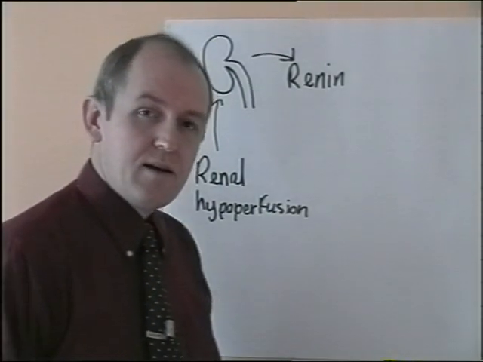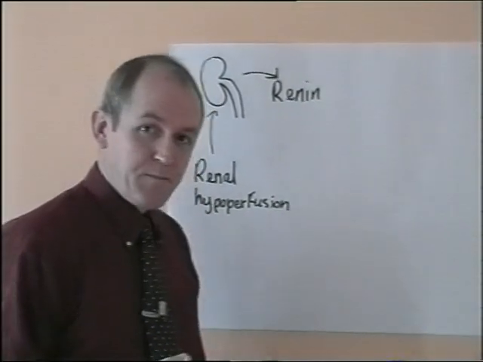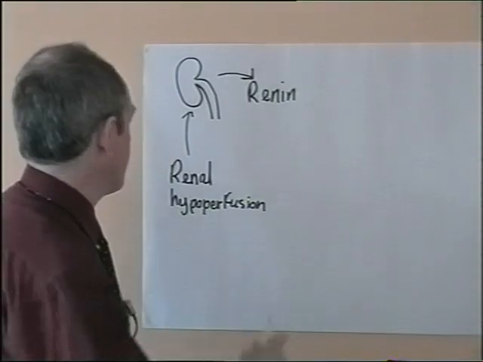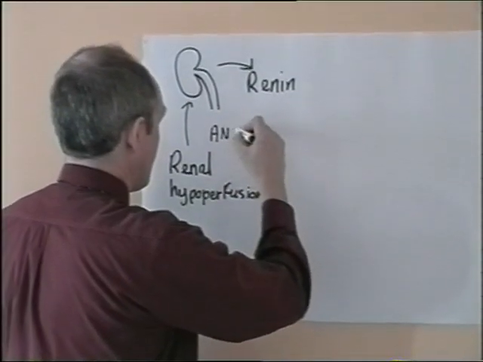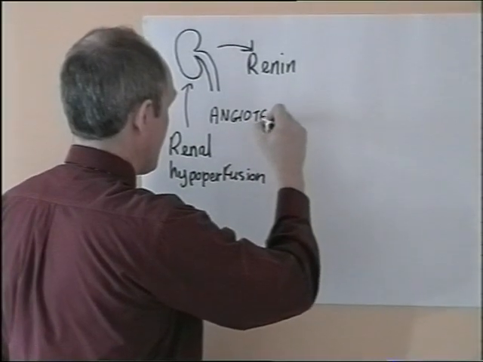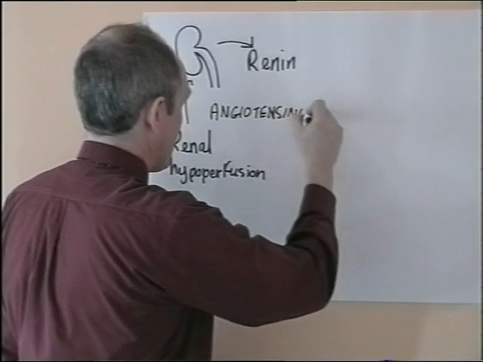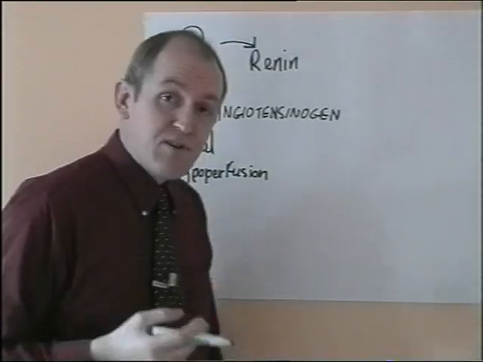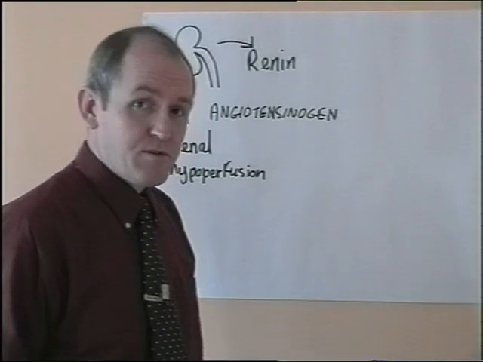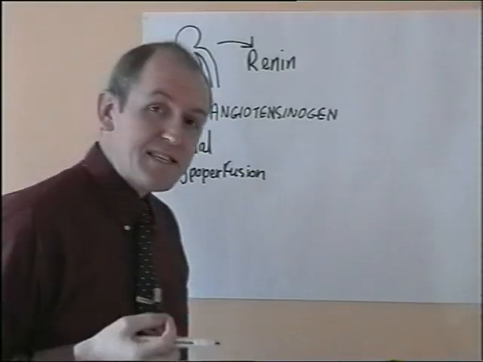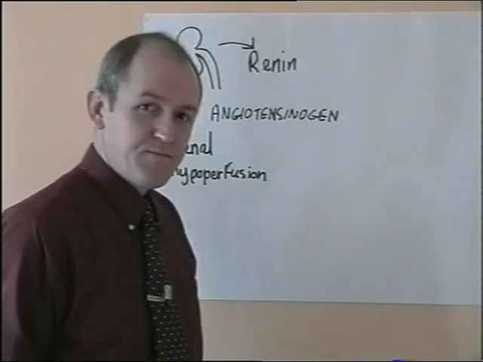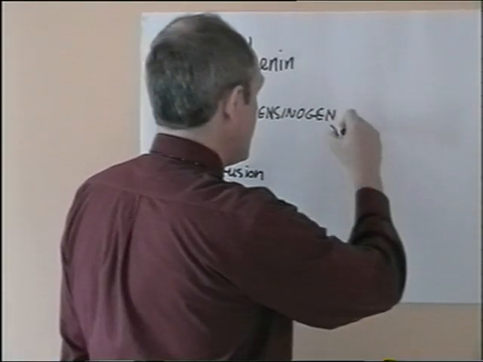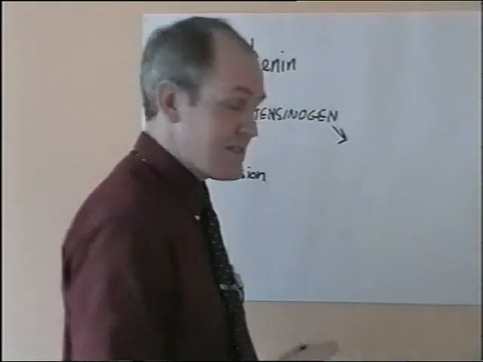Now, all the time in the plasma, there's a plasma protein. And the plasma protein is called angiotensinogen. So angiotensinogen is present in the blood. It's a plasma protein. And it's fairly inactive. It doesn't do very much. However, if angiotensinogen is converted into angiotensin,